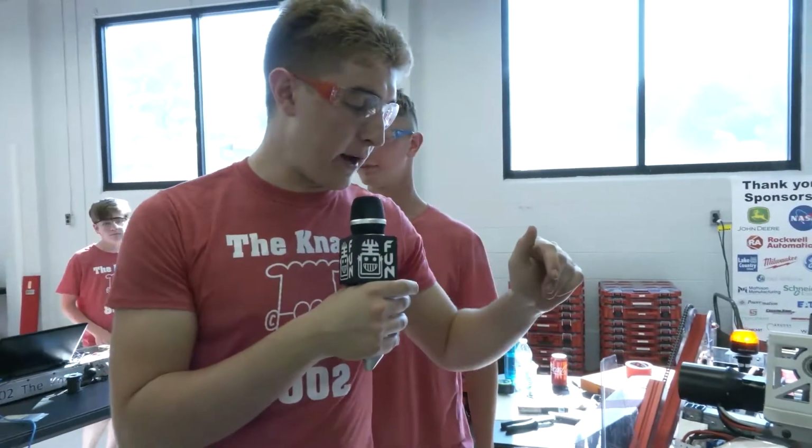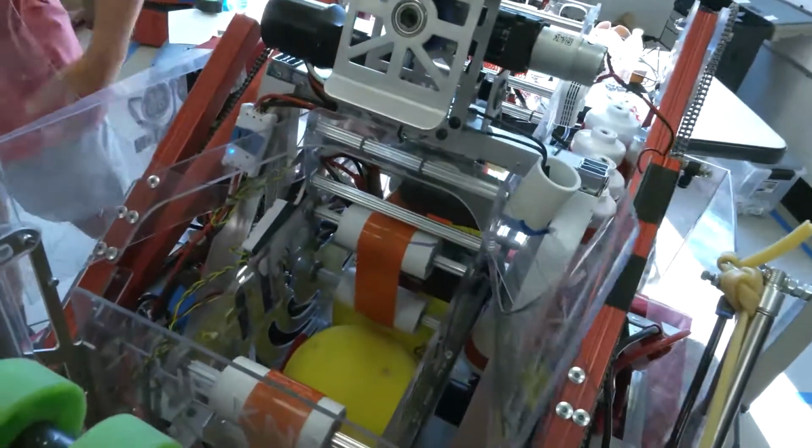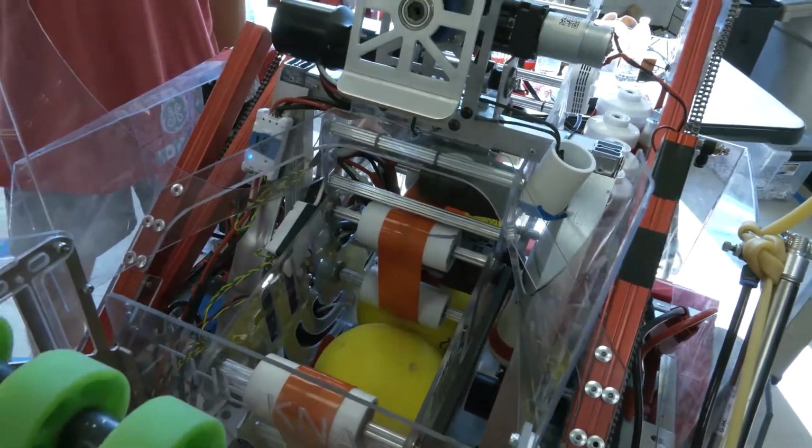Yeah, definitely. So they're light sensors. We've got a distance sensor that's in there, the laser ones, and the ball goes in, so it'll catch the first one. That'll automatically start the feeding until it catches the second one, and then that'll add another count